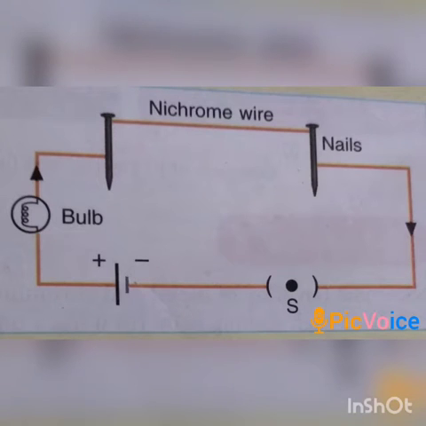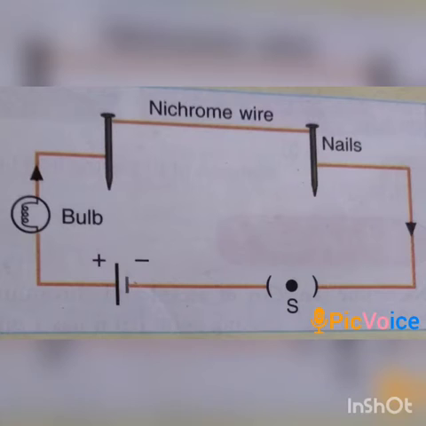Students, we are doing the chapter Electric Current and its Effect. In this chapter, today I'm going to explain the heating effect of electric current. All of you have observed or experienced that when an electric current flows through the filament of an electric toaster, the wires of the filament soon become red hot.